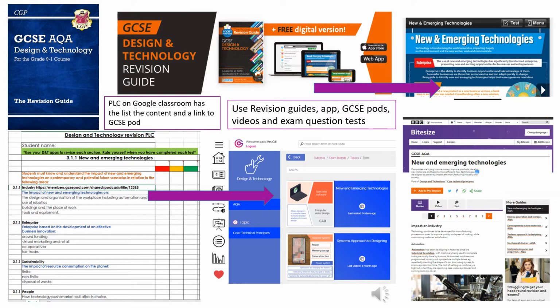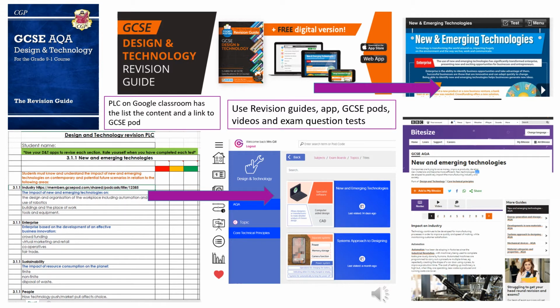On this page we have a list of the various different resource materials that you have for either revision, or some of it also covers your NEA as well. You have GCSE Pod, you have apps we use for your Daydreamer, and also BBC Bitesize have an app that can go on your phone. BBC Bitesize is really good as well because you also have videos the same as GCSE Pod,